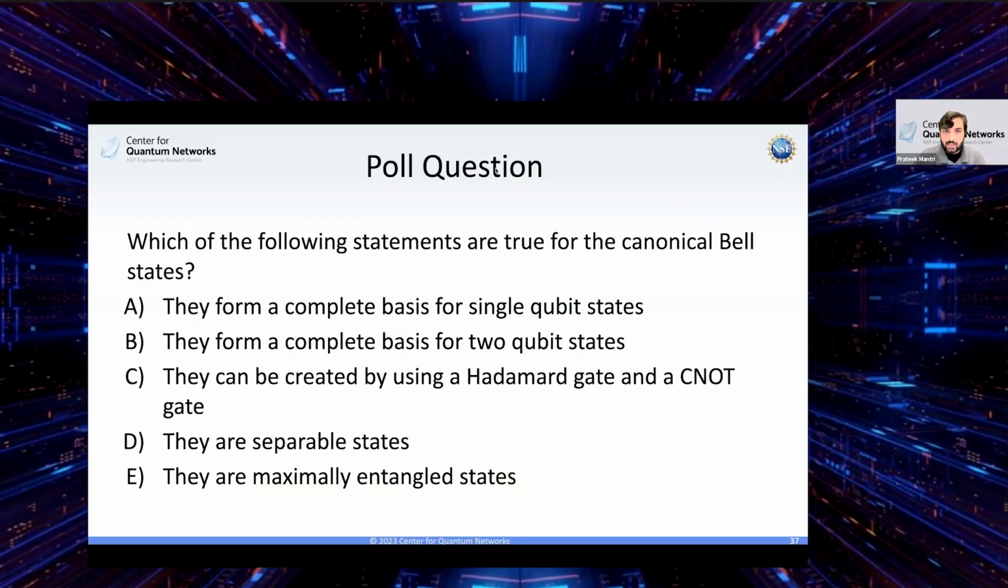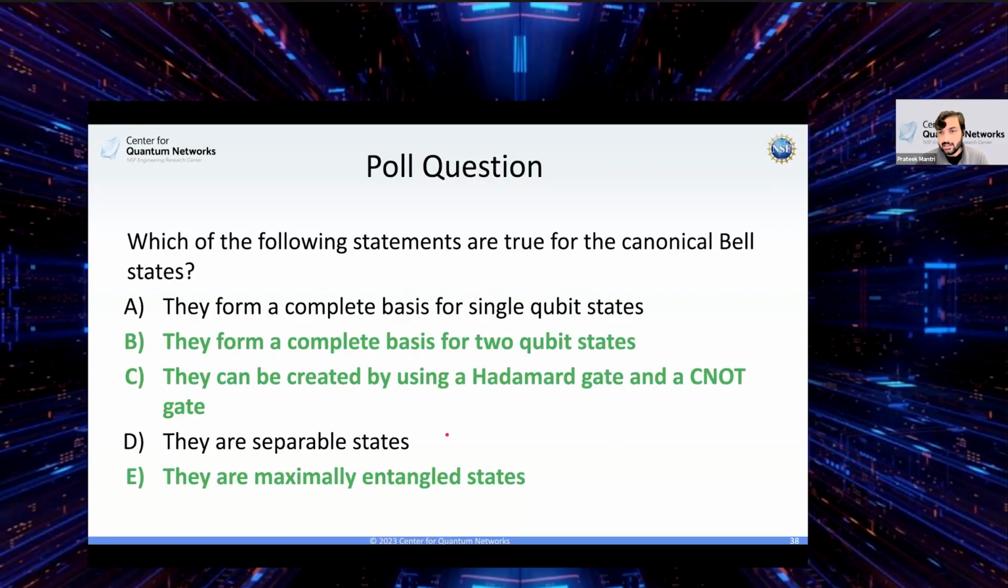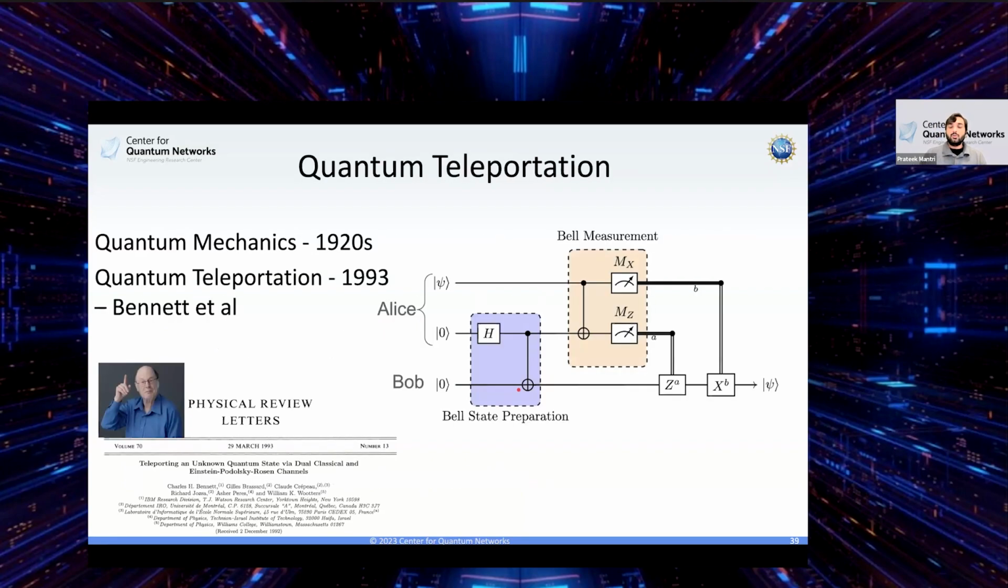So the majority of you answered B, C, and D. Let's look at the results. The B, C, and E. Yeah, those are the correct results. So they form a complete basis for two qubit states. They can be created by using a Hadamard and a CNOT gate, and they are maximally entangled states. All right, let's go to the second